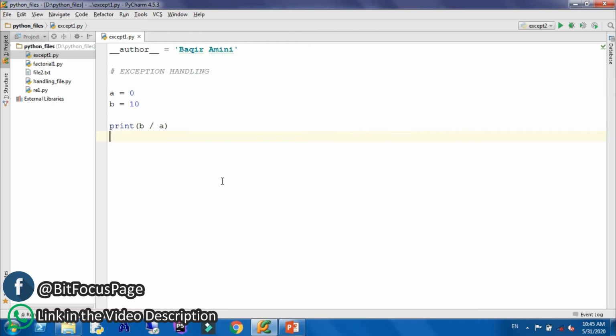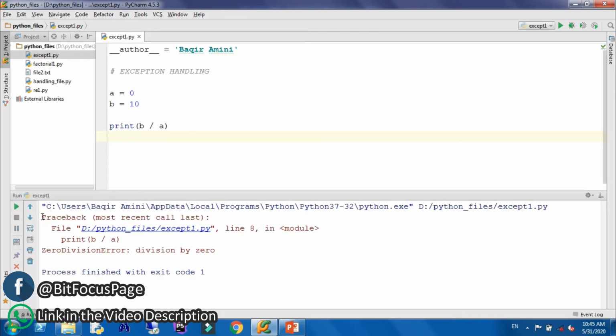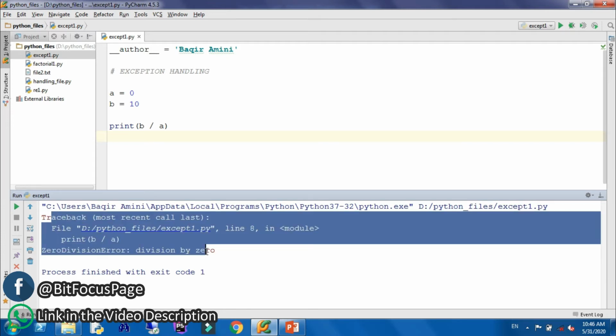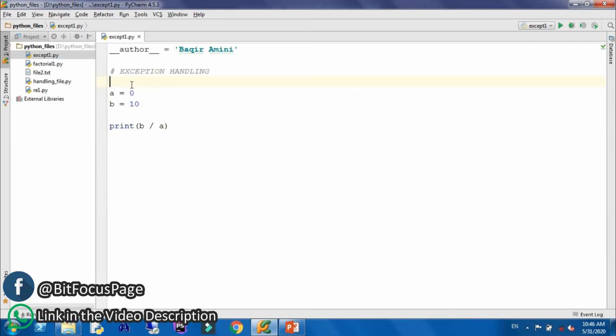Now we should see the result. Run the file. You see now the red lines. It means there is an exception in your program. You see ZeroDivisionError. ZeroDivisionError is the name of your exception. It means you have divided a number by 0. In fact, this exception has stopped your software, or it causes a crash here. The best practice is that we should